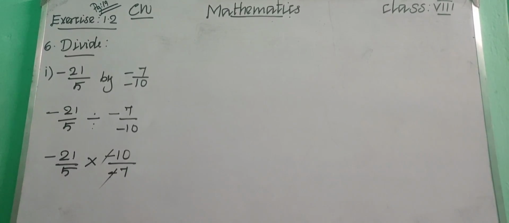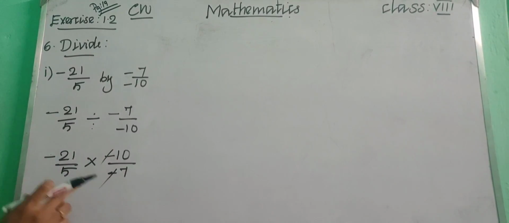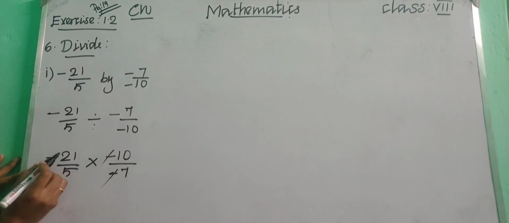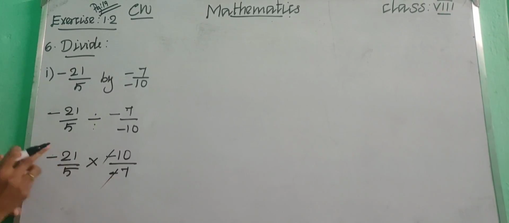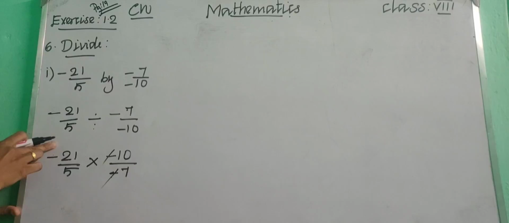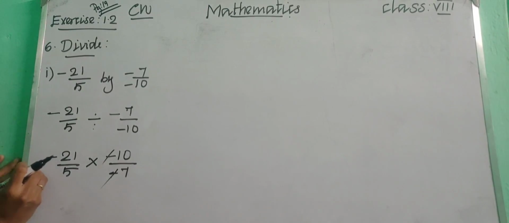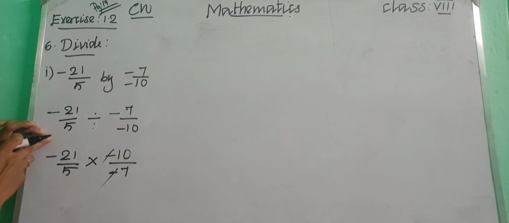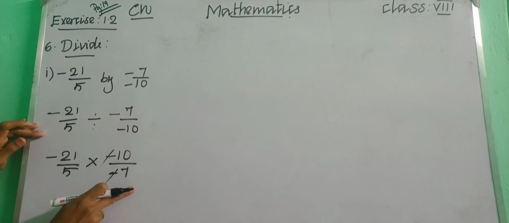Now we can multiply the corresponding numerators and corresponding denominators, and after that we can make it into standard form, or else first we can make this into standard form and then multiply. Let us make this into simplest standard form, and after that let us multiply. See here, in the denominator we are having 7 and in the numerator we are having 21. If you need to simplify, what we need to do? We cut in the numerator as well as in the denominator, right?